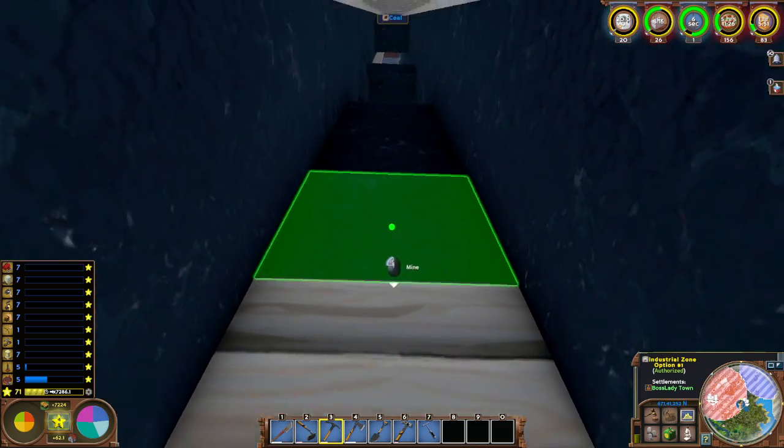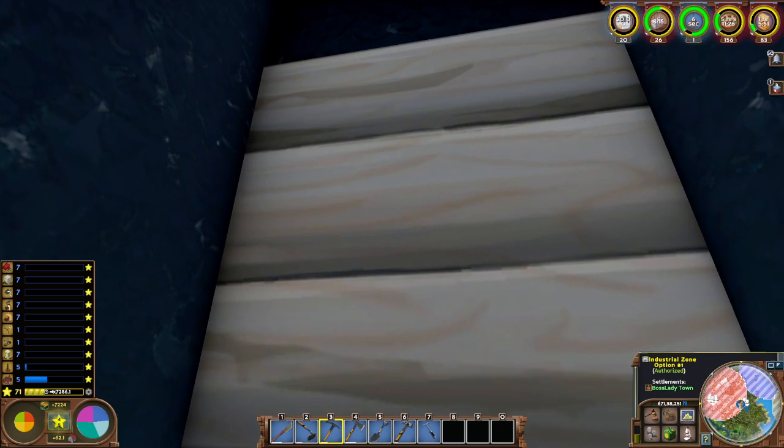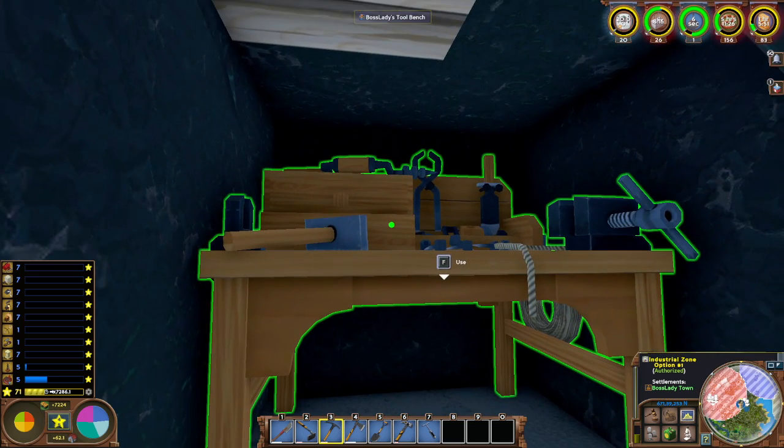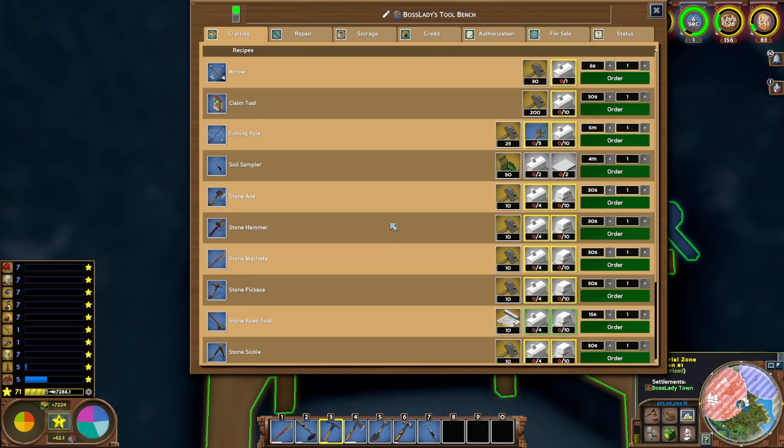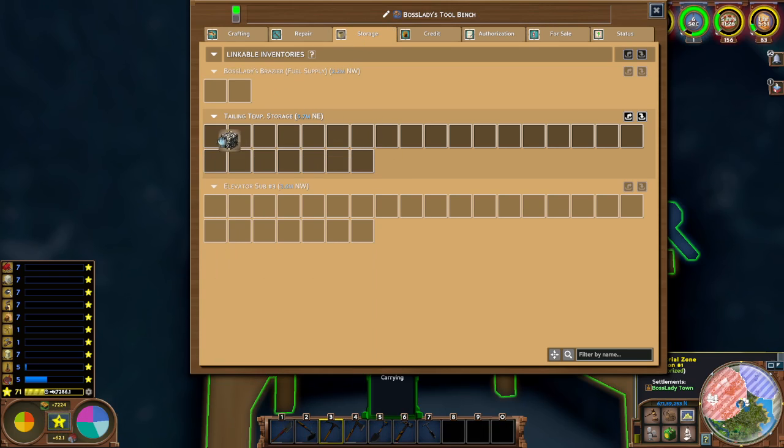Now, we were laying this out for large stockpiles, so I put my wooden block down to the level that we're going to be at for the large stockpile, and right underneath that, I put down a table. I really like the tool bench because this reaches really far, and this is sort of, let's call this your basic elevator interface. So we are the manual elevator here. We're taking from our temporary tailing storage down to our elevator sub 3. This is, by design, what I'm showing you, the minimal amount of effort to get things down to the bottom